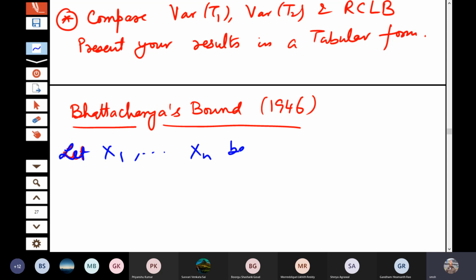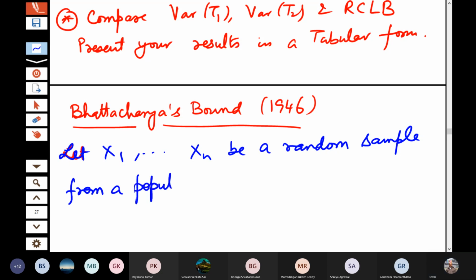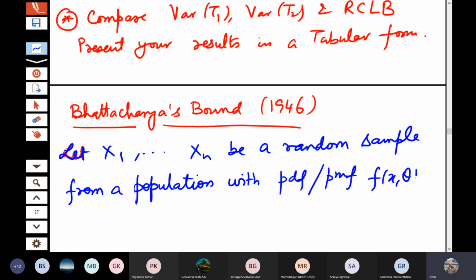Let x1, x2, ..., xn be a random sample from a population with probability density function or probability mass function f(x, theta). So the parameter I am still taking to be one dimensional. Theta belongs to, I have used script theta, so I will use the same notation,